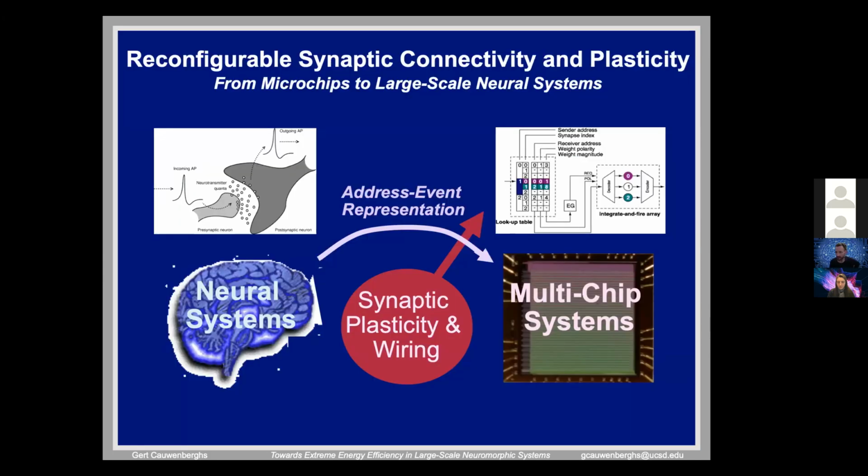Right, so the field of neuromorphic engineering over the last 30 years has converged on this address event representation. Basically, spikes as being the language of the brain, right, of computation in the brain. So we have this efficient system that takes advantage of those sparse events and communicates them over, let's call it, an address event representation over a common bus. Basically, neurons that fire have a unique address, and you send those events over to other regions in